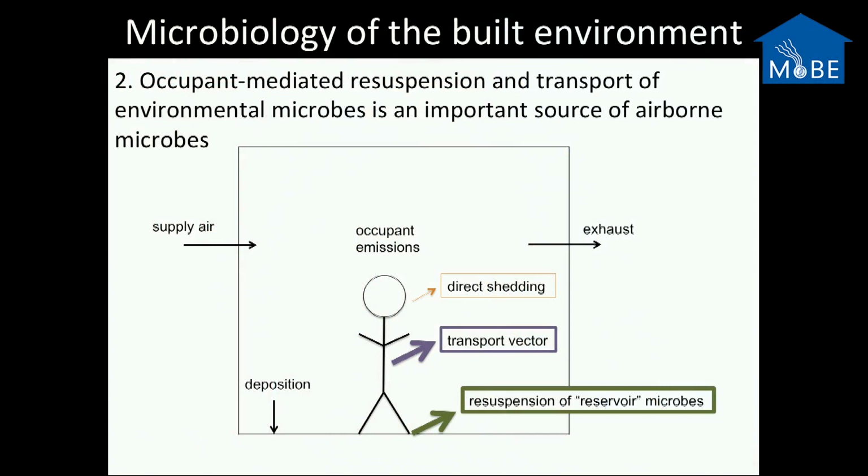So I mentioned that humans are a source, particularly for bacteria, but also for fungi. We did experimental work in a chamber where we could control the number of people and their activity level, and there were two dominant processes related to occupancy that were particularly important. One was the resuspension of the reservoir microbes that were in the space that the people were occupying. Another was this reminder that humans are transport vectors themselves, often through their clothing, for microbes that they're picking up in other places. And this sort of work got us thinking about